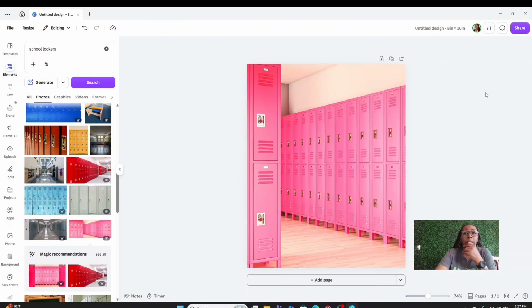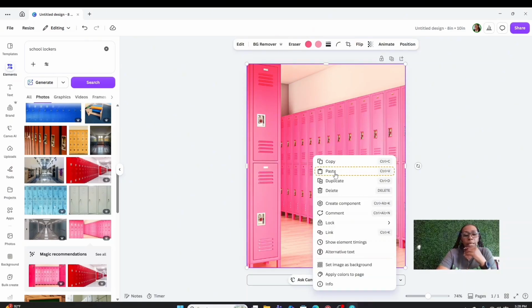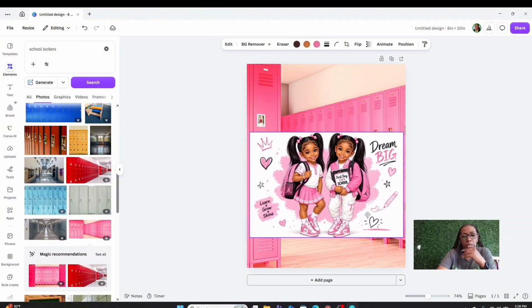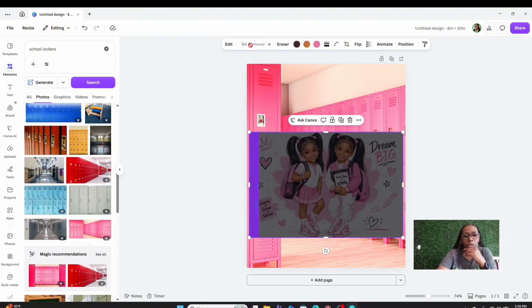Mind you, even though I said it was for third grade, it could be third grade, fourth grade, pre-K, whatever that you like. I like these lockers, so we're going to go with this one. What I'm going to do is, remember, I copied the young lady. So I'm going to paste that image here, make it a little bit bigger, and all I'm going to do is